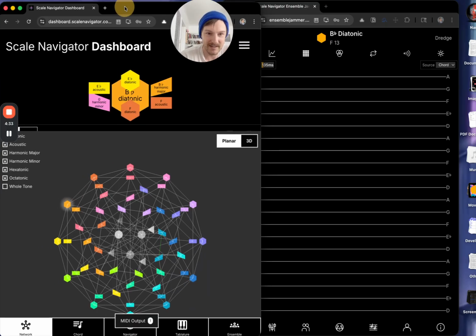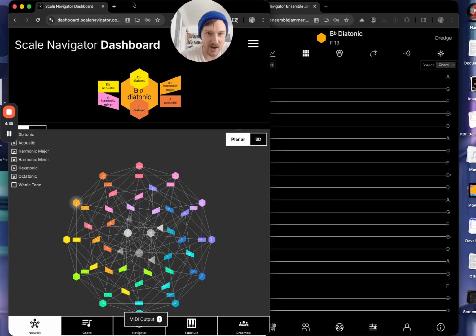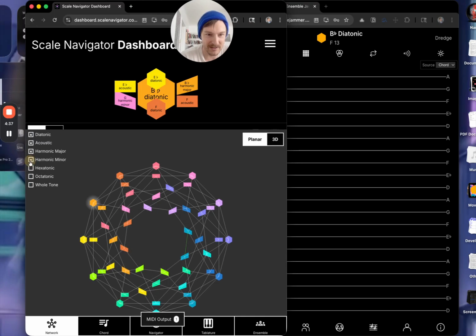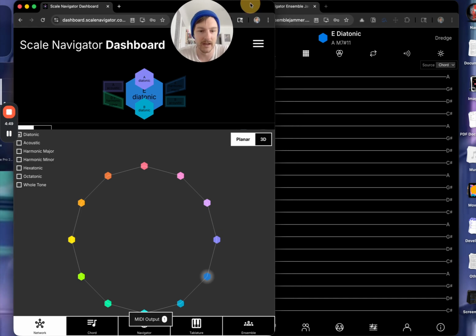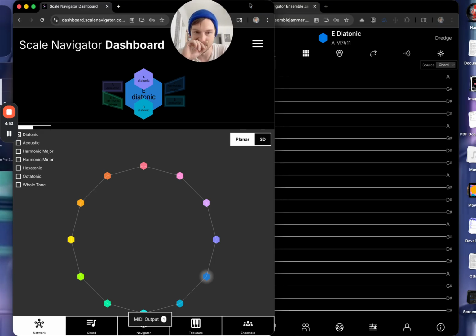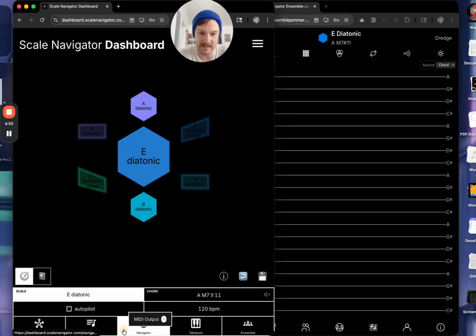Obviously, if you uncheck all these other types of scale classes, you're left with the circle of fifths. So a scale 180 degrees across would be as different as possible, a tritone away. And you can also,